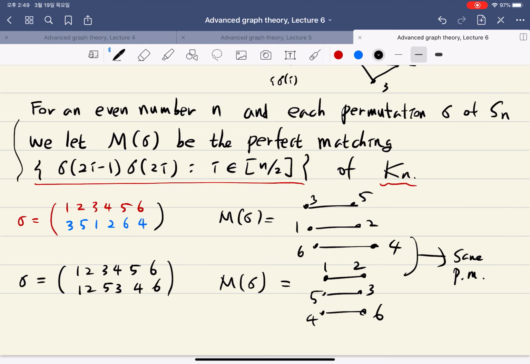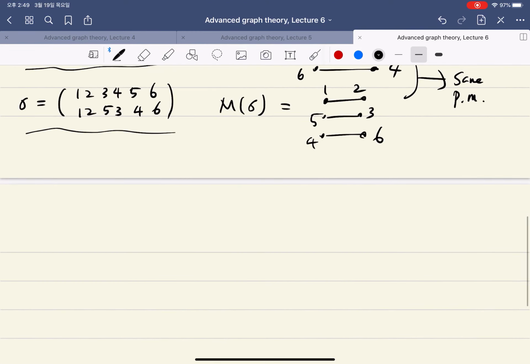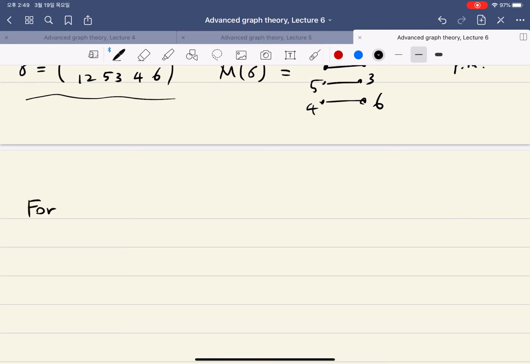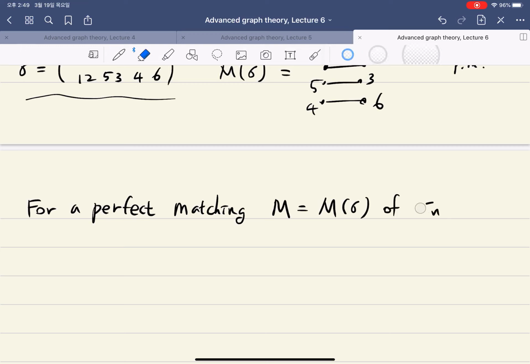So this is one of the natural and obvious ways to correspond a permutation to a perfect matching. But one downside is that two different permutations could give you the same matching. So with this correspondence, we want to give some weight to a matching. For a perfect matching M, which happens to correspond to a permutation σ, and this is a perfect matching in the complete graph,